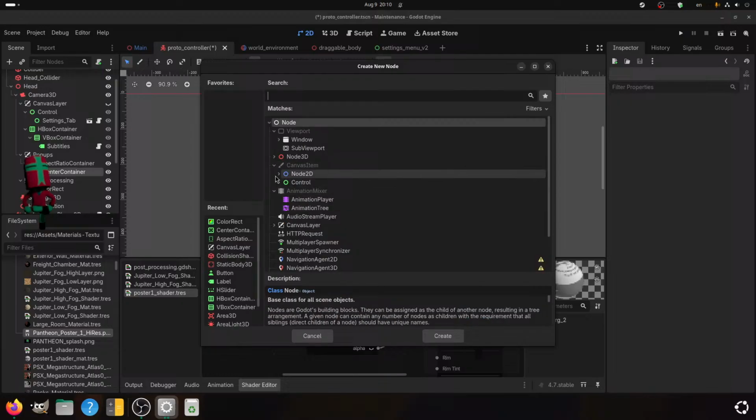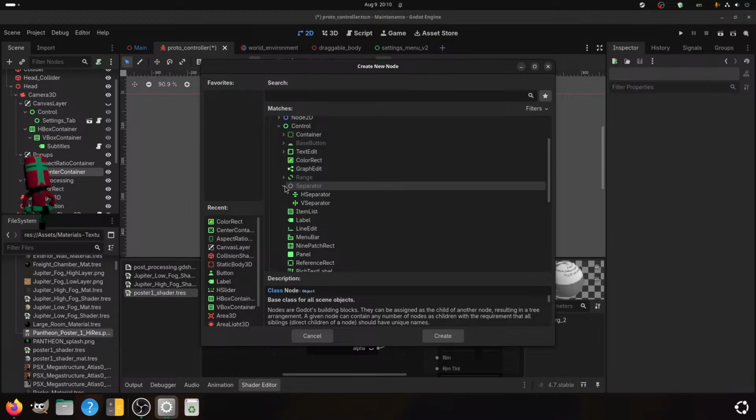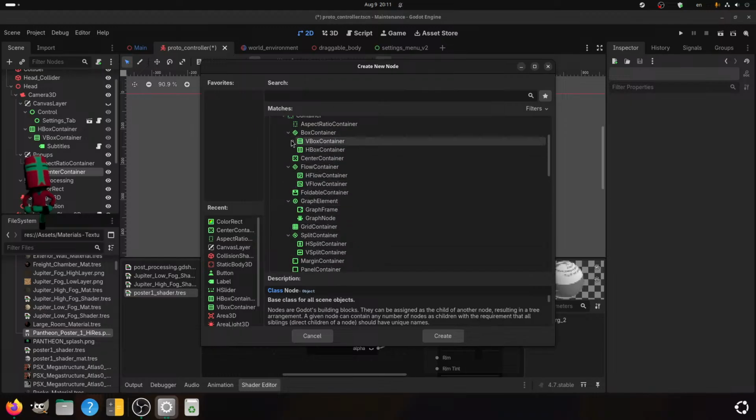What options do I have? There is probably just an image somewhere in here that I don't even know about. Okay, not in buttons. Or maybe not.